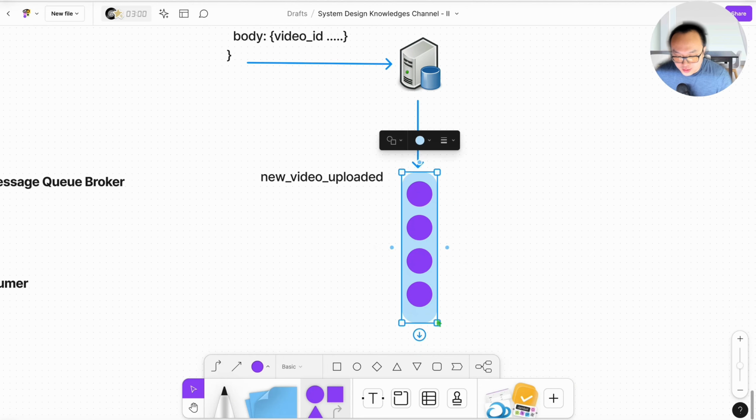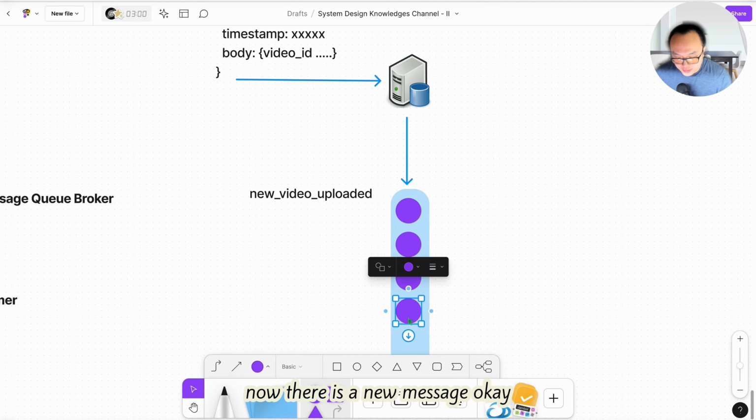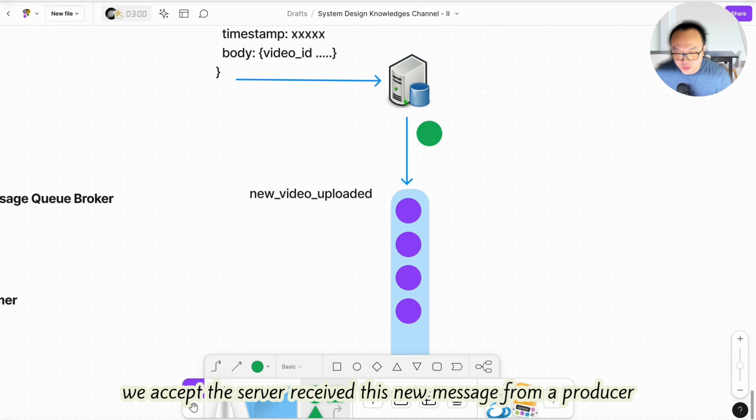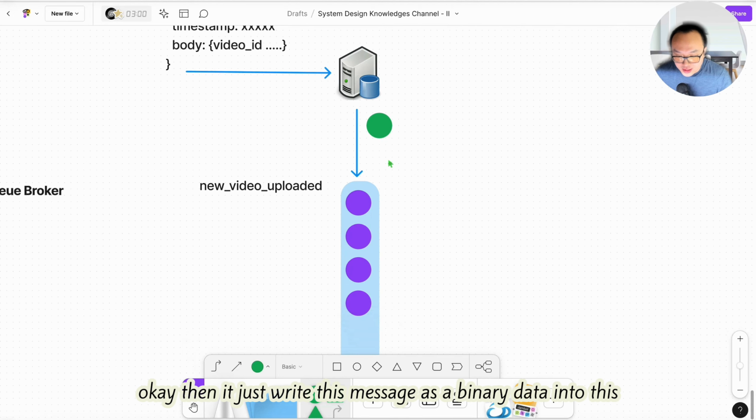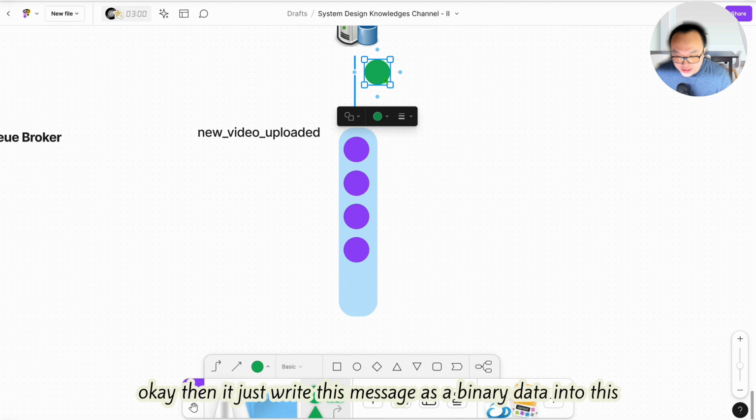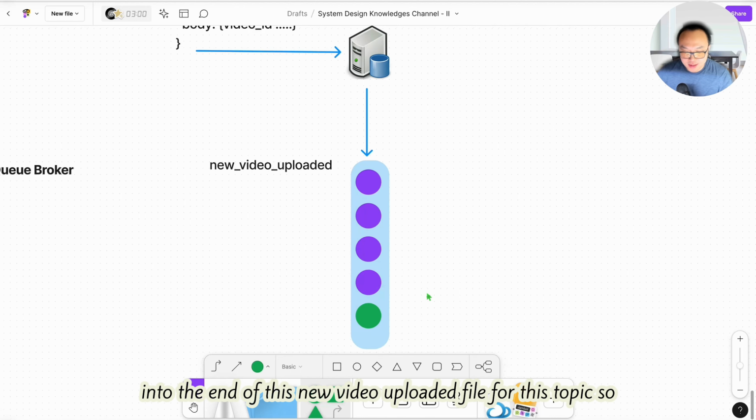Now there is a new message. Let's say the server receives this new message from a producer. Then it just writes this message as binary data to the end of the file